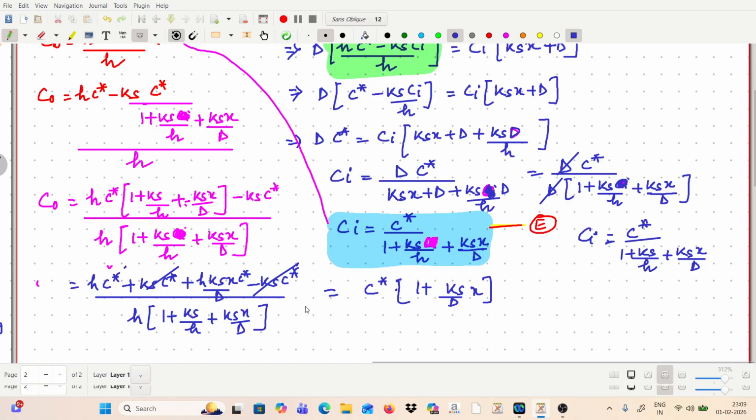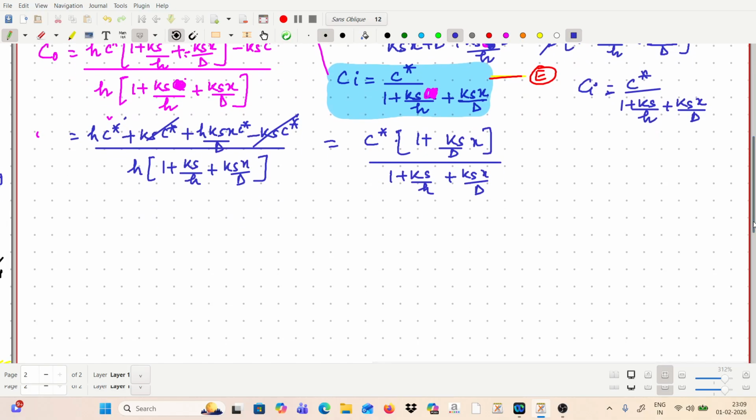Ks x by d, H will be cancelled out. So this should be 1 plus Ks by H. We have to be very careful in all these calculations. So the final expression that we already found for the value of